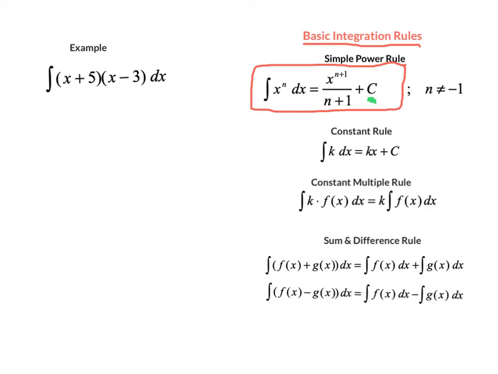So, in fact, there's this whole family of antiderivative functions that all differ by that number on the end, which for now we don't know. So we just go ahead and we hold the place there with the plus c. The other rules are the constant rule. It says if you integrate a number by itself, it's the number times x, or whatever the variable is in